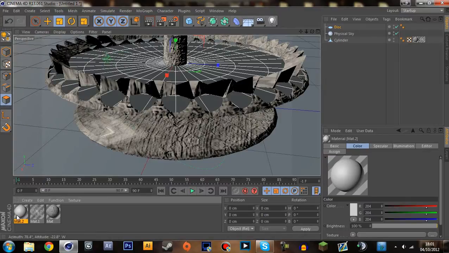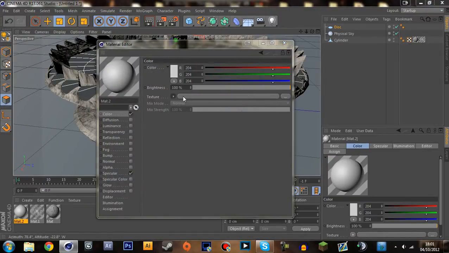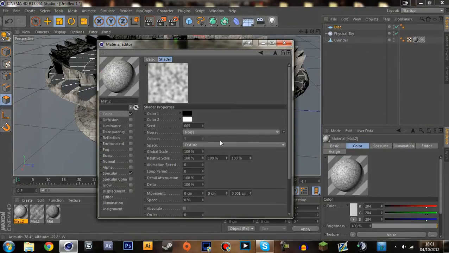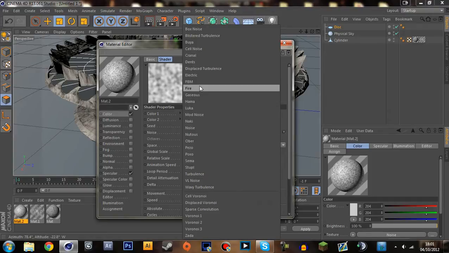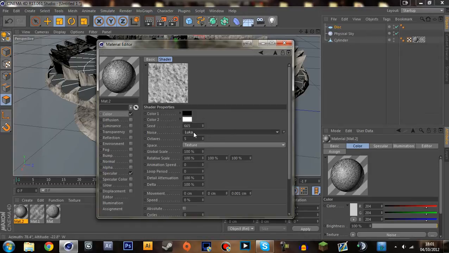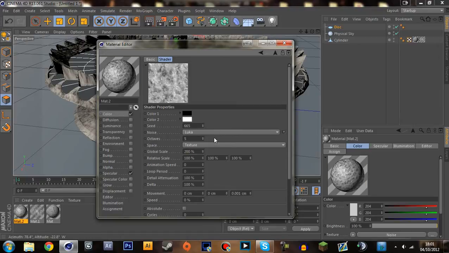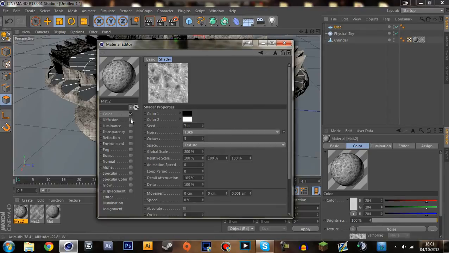Then I want to go to textures, load texture, color, load image, or in fact no, go color, texture, noise, like this, add some noise, and then I think Luka, no not Luka, sorry, oh yeah, Luka, and then put the global scale at around about 200. You can change the seed if you want. That's quite a cool one actually, 711. Take that, and I'm going to